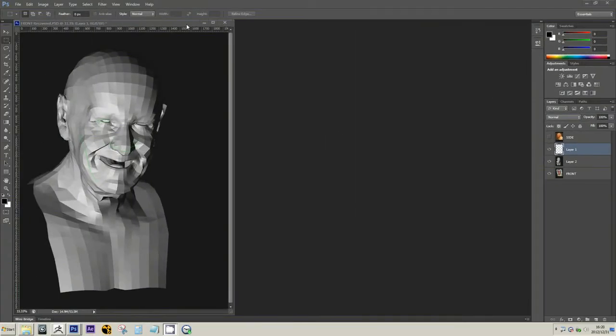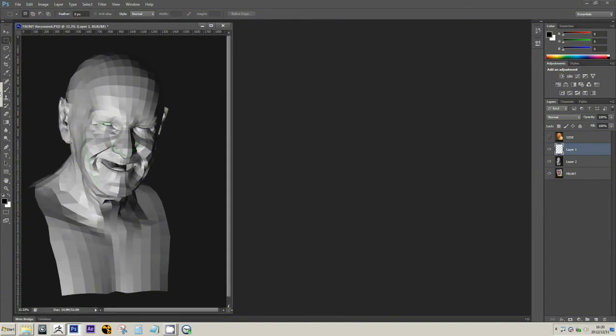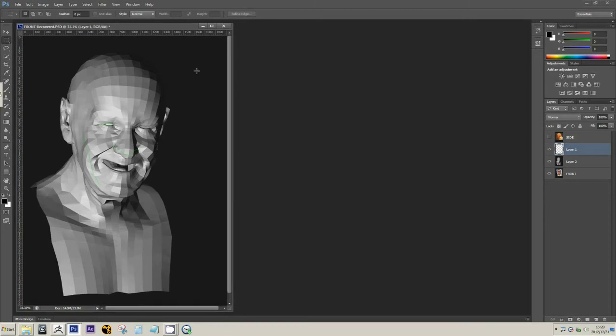Hey guys, sorry, I just experienced another crash, and this time it was the Windows that just completely shut down. But anyways, I was saying, say for example, we wanna pretend that this was done tracing, and we wanna start sculpting the nose, and